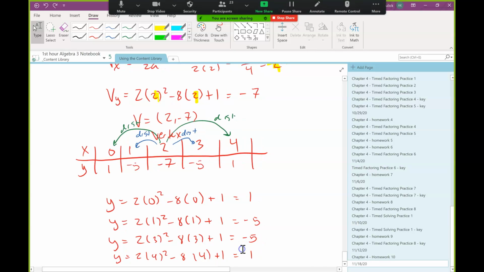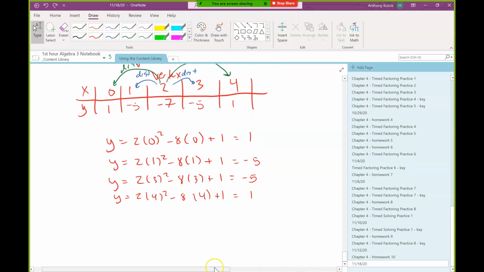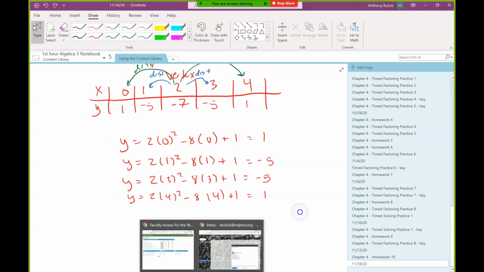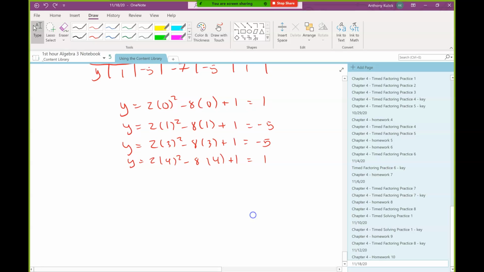Okay. So that's where we left off. The last thing we need to do is to just plot this thing. So I have 0, 1, 1, -5, 2, -7, 3, -5, and then 4, 1. And then we just kind of draw our